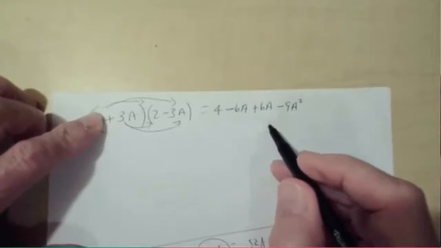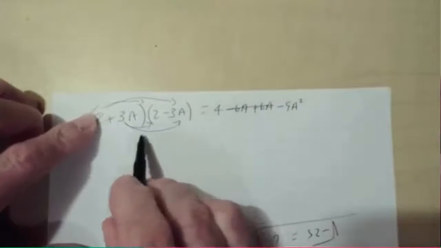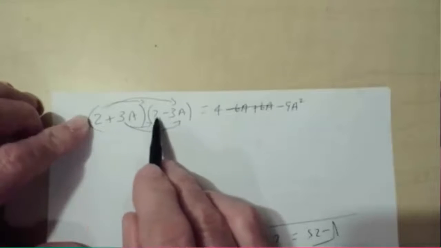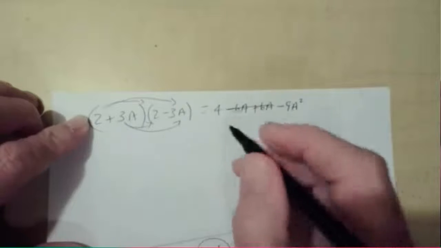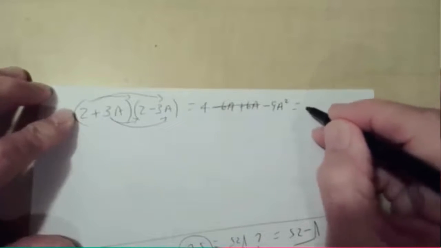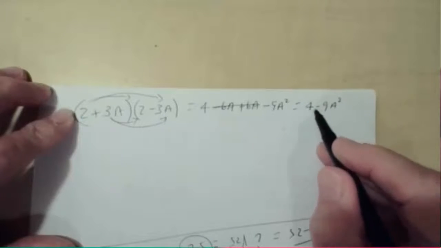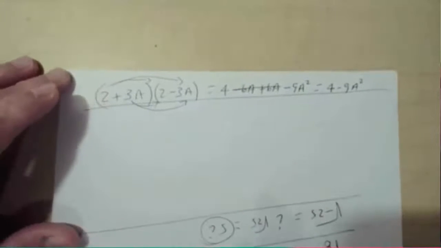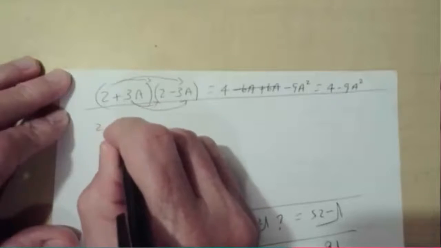Right? Linear terms. Remember, this is called a conjugate. Numbers are the same. The only thing that's different is that one's plus and one's minus. So you end up with 4 minus 9a squared. It's the difference of two squares. Now, what if we put an i in there? What if we have 2 plus 3i